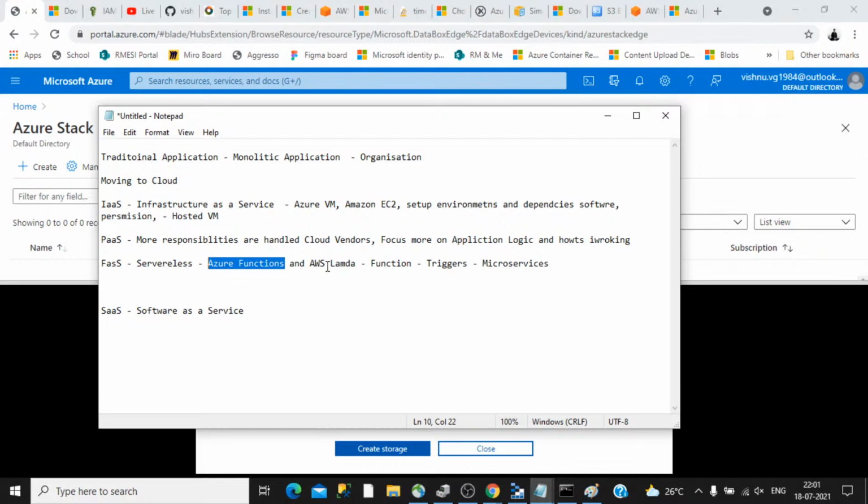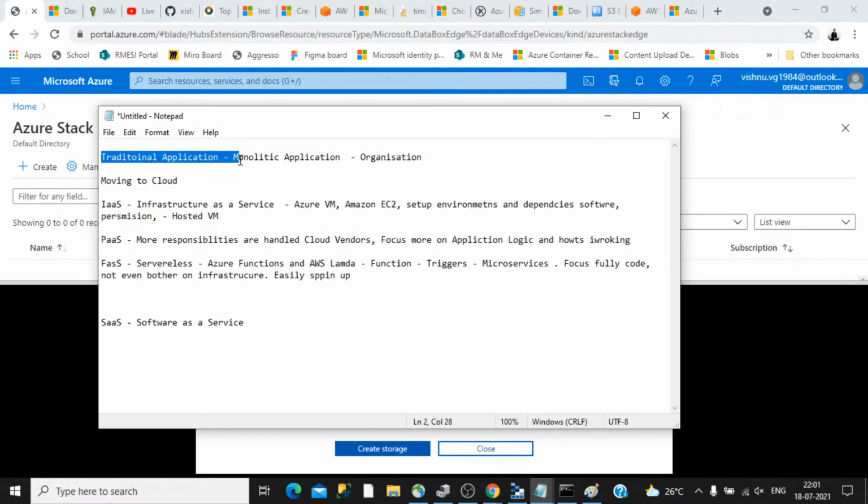That allows you to easily spin up the application. Another advantage here is that you are focusing exclusively on that particular code and not bothering about the infrastructure or resources, and you can easily spin up as well. So if you convert this application to different smaller services, and each one is put into different Azure Functions, that may not be the exact case as you think, but I hope you got the point.